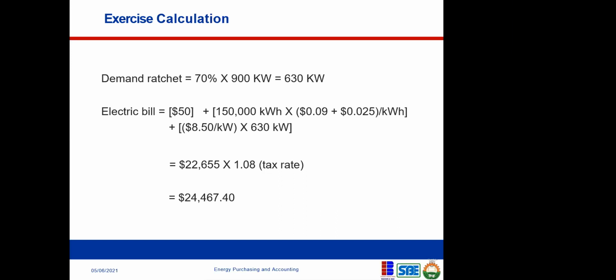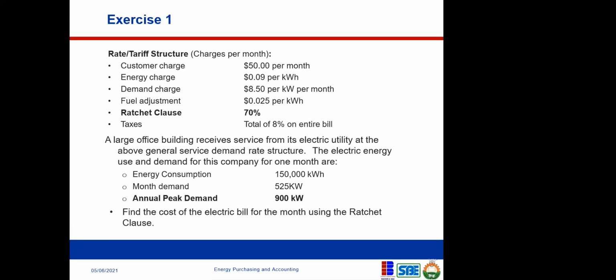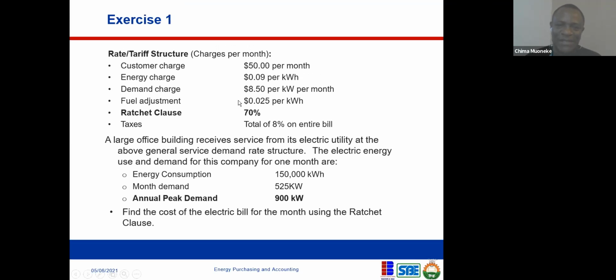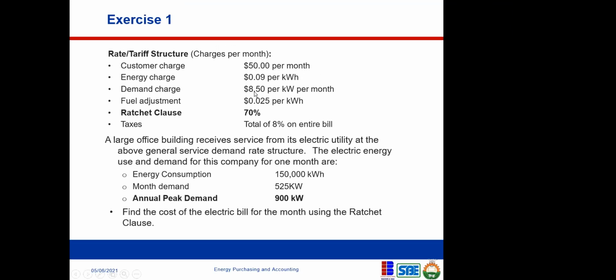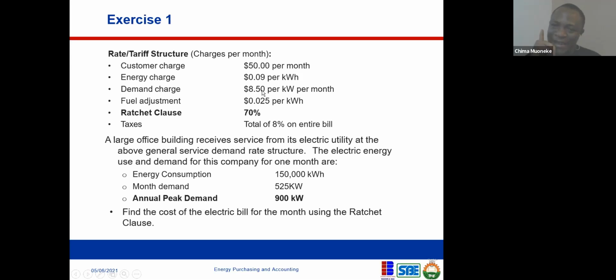And it's based on that ratchet, or what do you call it? No. Now the demand charge is $8.50 per kilowatt a month. Okay. Right. So now for you to determine your demand for the month, if you're using the ratchet clause, it's